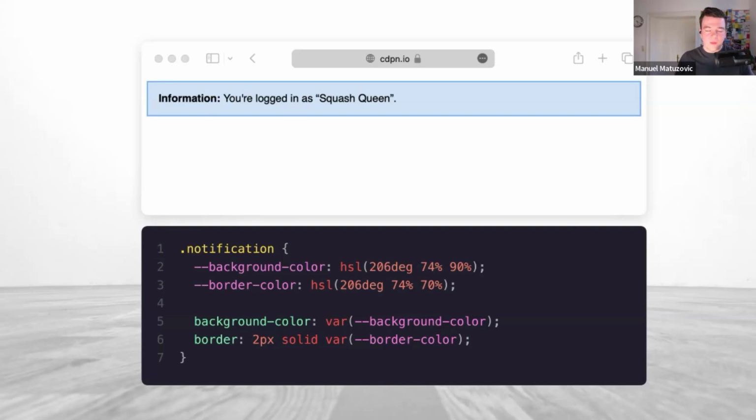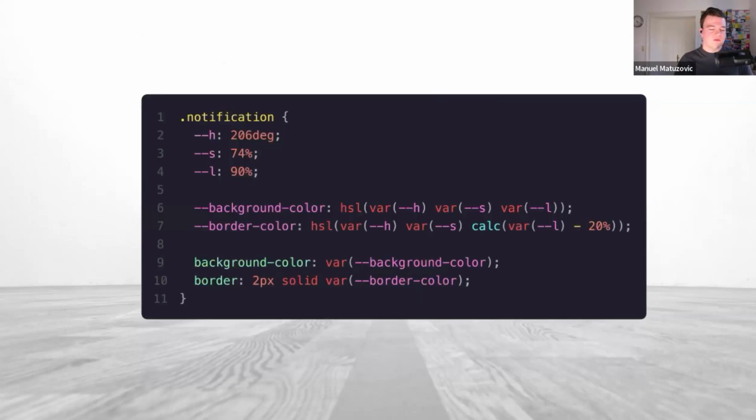That's fine, but we can optimize this code so we can create even more custom properties. I'm a huge fan of custom properties. So we create one for the hue, one for saturation, and one for lightness. We reuse the hue, we reuse the saturation, and we define the lightness for the background color. And in the border color, we use the calc function and subtract 20% from the lightness. Much cleaner, and that actually looks really cool. And what's especially awesome about that is